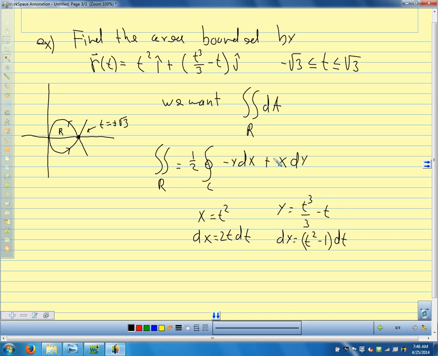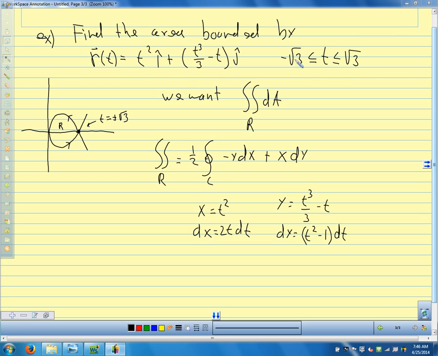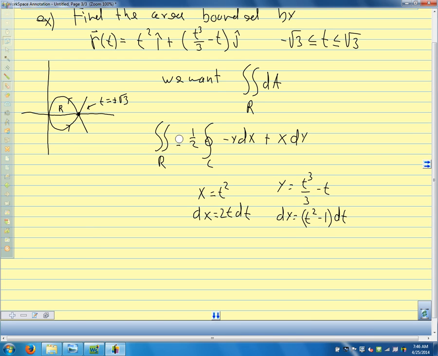And I substitute these in for my quantities x, y, dy, and dx, and evaluate that line integral. That doesn't look too bad. We just end up with powers of t in our line integral. And we're evaluating our line integral from t equals negative square root of 3 to positive square root of 3. So let's substitute those in. This should have a dA in there. So our area integral, the double integral of dA, using Green's theorem here, gives us the integral from negative square root of 3 to square root of 3 of the quantity